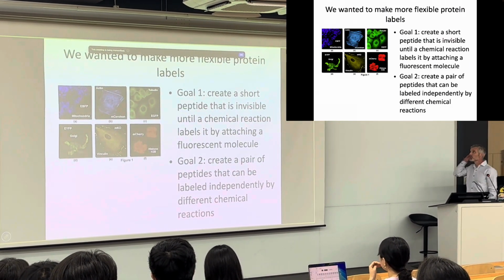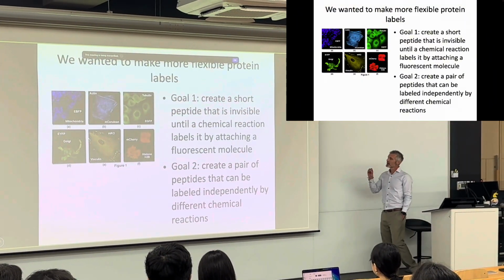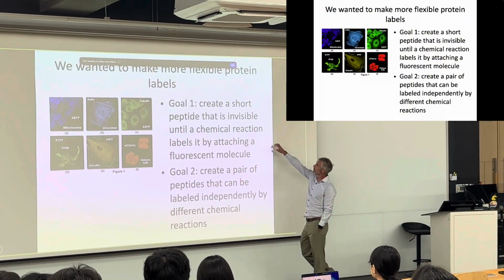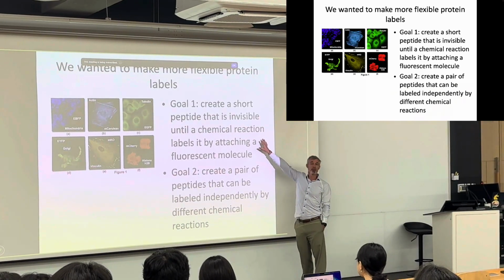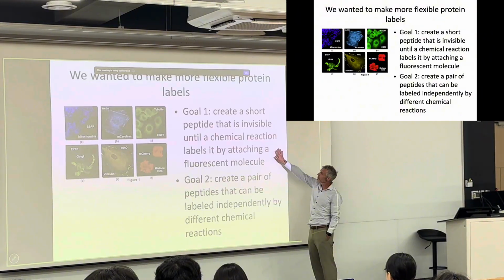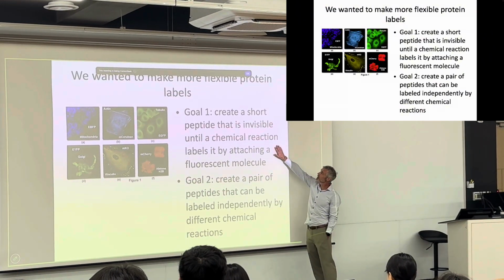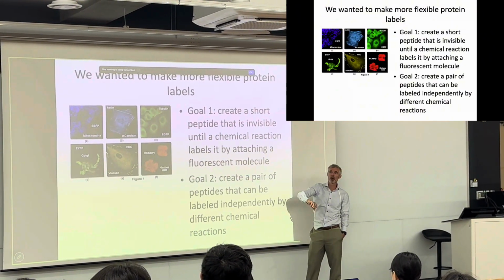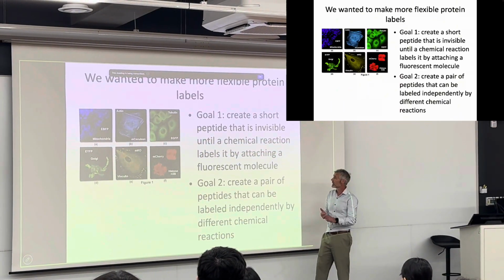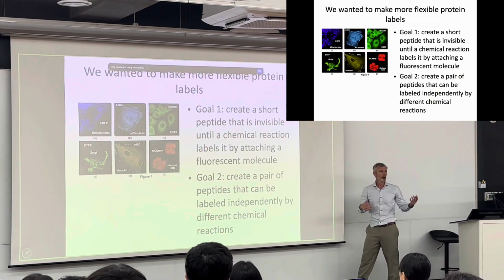So my collaborators proposed this idea of creating labels that you can turn on and off. The way that this works is we would create a short peptide that doesn't fluoresce until a chemical reaction attaches some fluorescent thing to it,